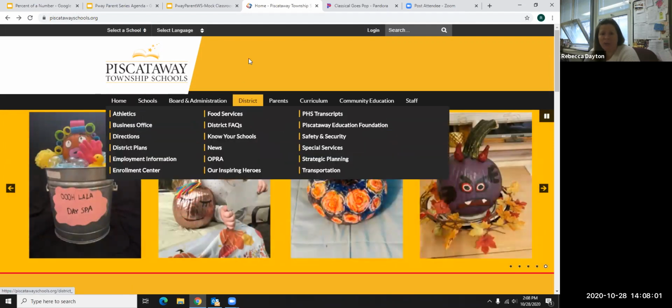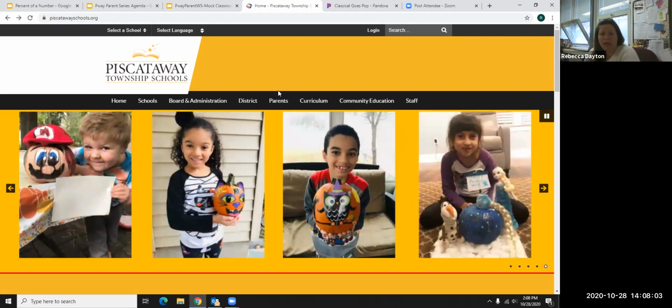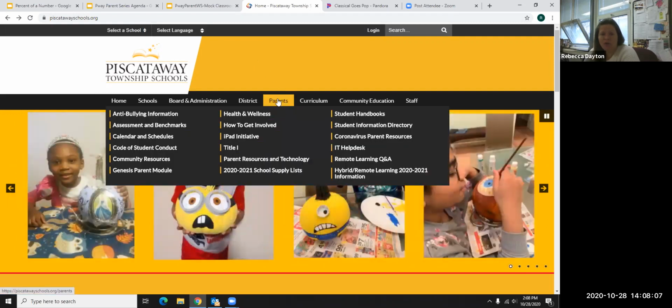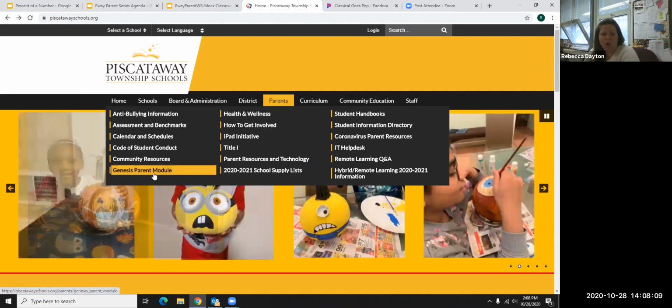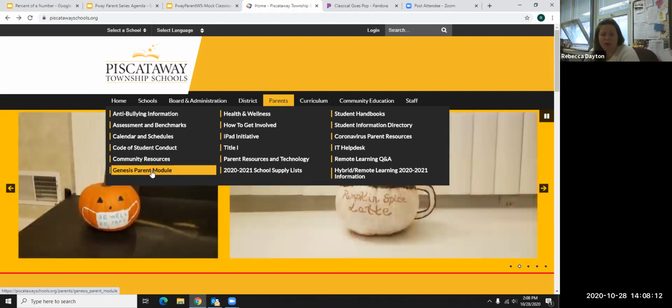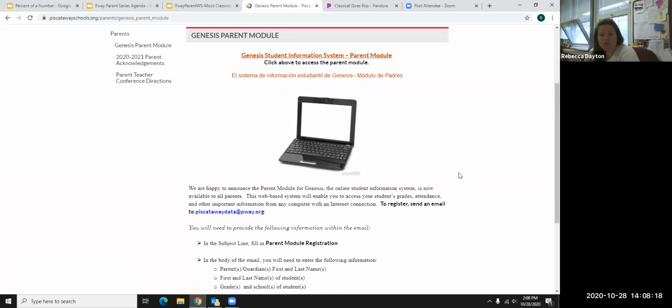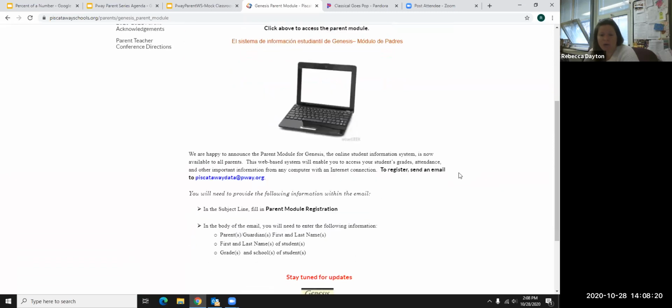Also, the link to the parent portal can be found here. It's found underneath the Parents tab. So if you hover over the Parents tab, you can go over to the Genesis Parent module and click on that. Once there, if you scroll down, if you do need help with the parent portal, getting access, either getting an account or getting password assistance, you can email this email address here,